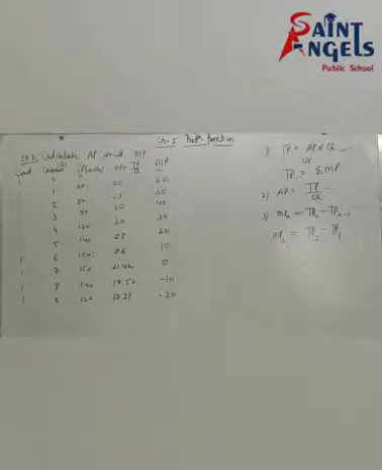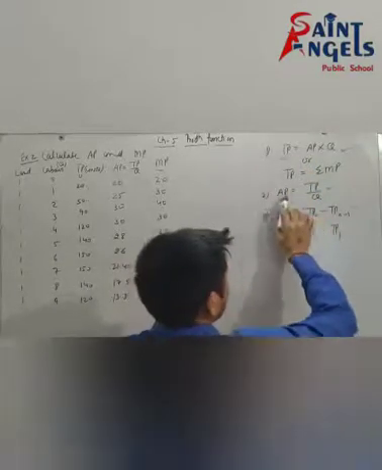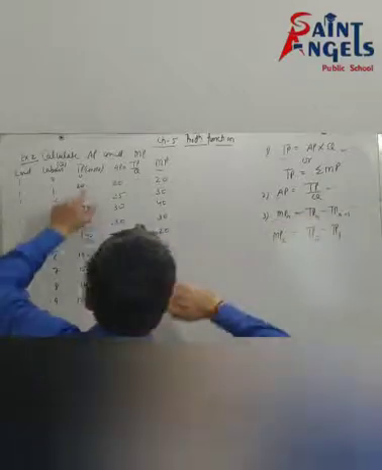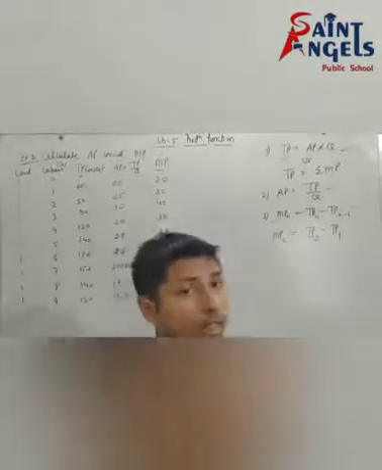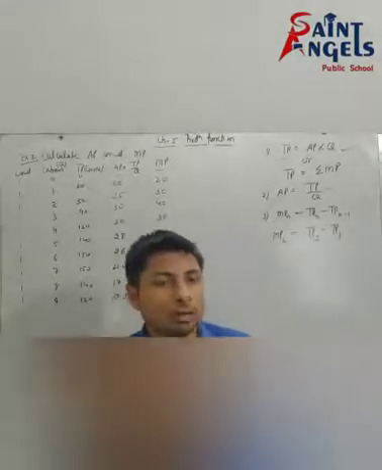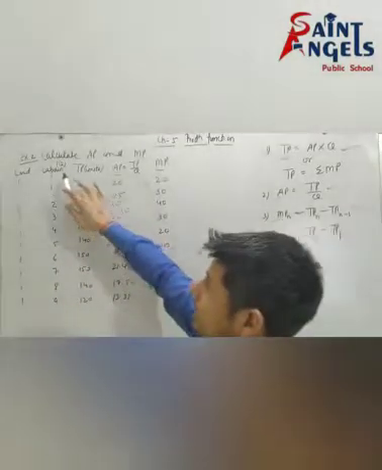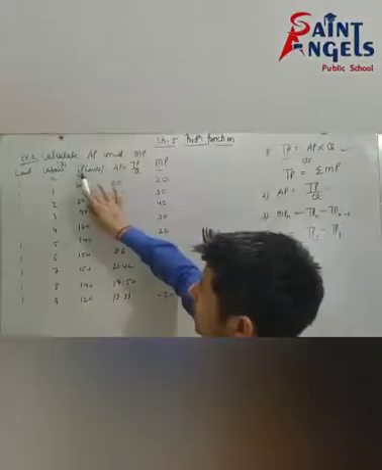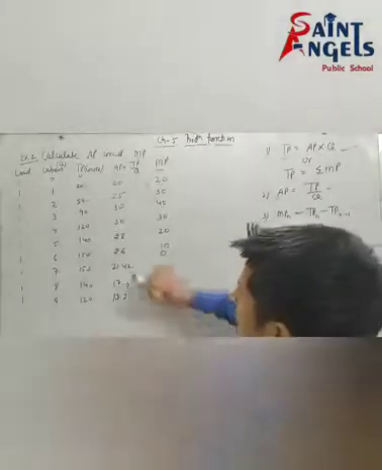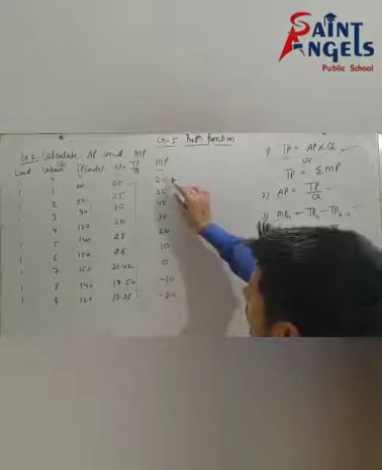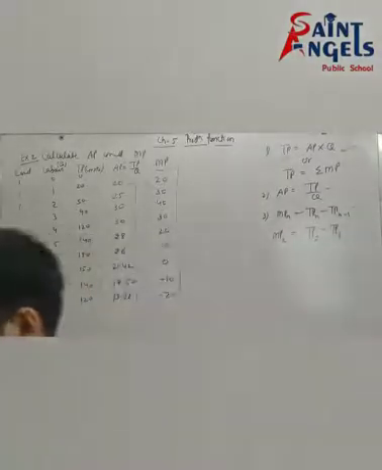First of all, you all know the formulas of TP, AP and MP. What is the formula of AP? TP divided by Q. TP is here and Q represents the variable factor. Examples of variable factors are casual labor, raw material, and power and fuel. Labor is given here, so you will take labor as Q. Then divide the value of TP by the value of labor, that is, Q. After this you will get the values and then the value of MP. Please pause the video and note this down.